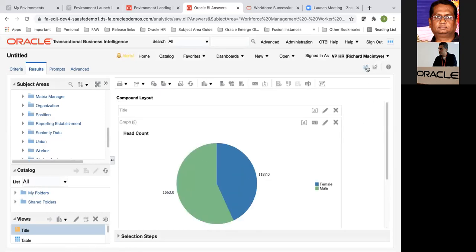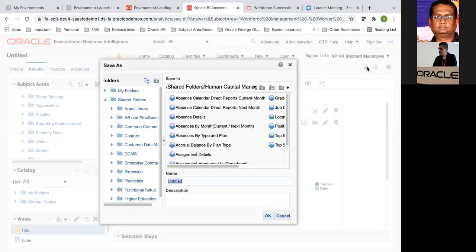Now I could save this. As I said, generally it's recommended to save under the custom folder. So let me try saving it under shared folders, human capital management. As you see here, I'm in shared folders, human capital management. I'll say OTBI workshop analysis 01, and I try to save.